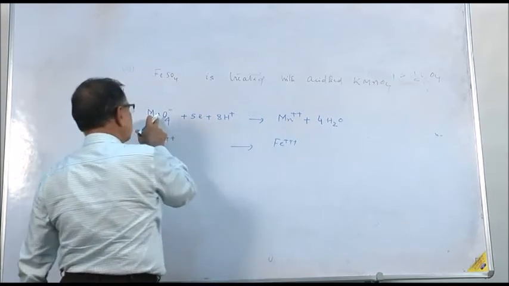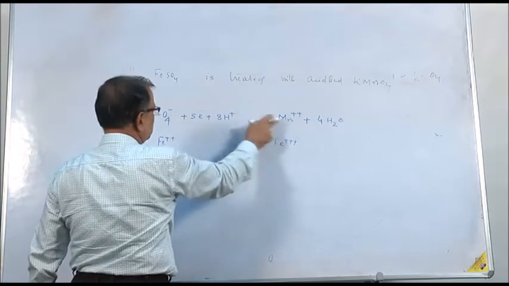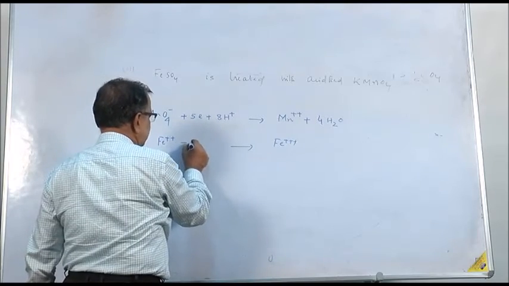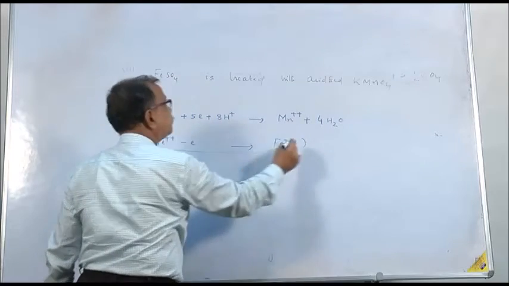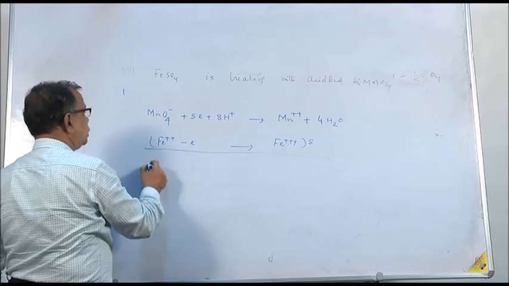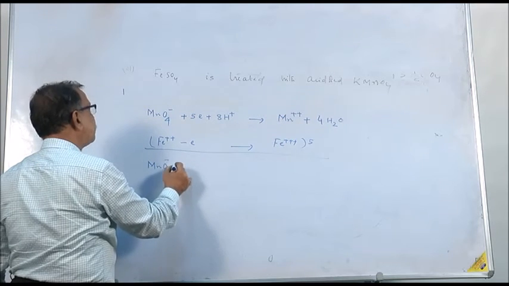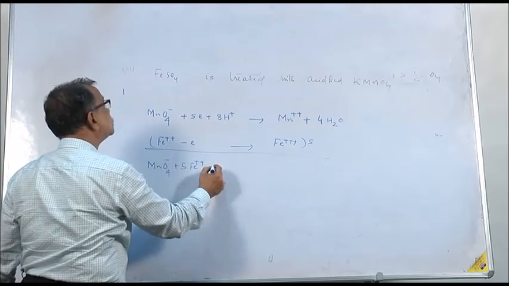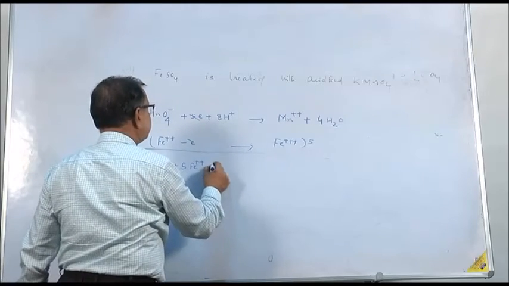Here this is an oxidizing agent and this is a reducing agent. Here it itself reduces from plus 7 to plus 2, and ferrous to ferric. Here minus e, multiplied by 5. So this will be MnO4 minus plus 5 Fe plus plus, which is cancelled, plus 8H plus,